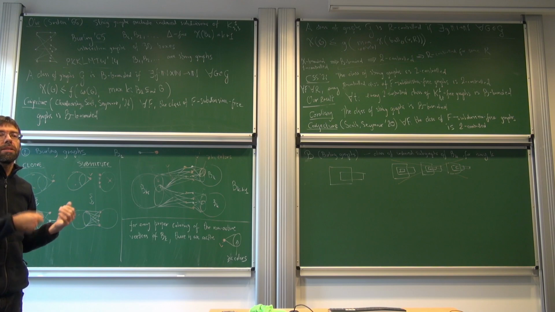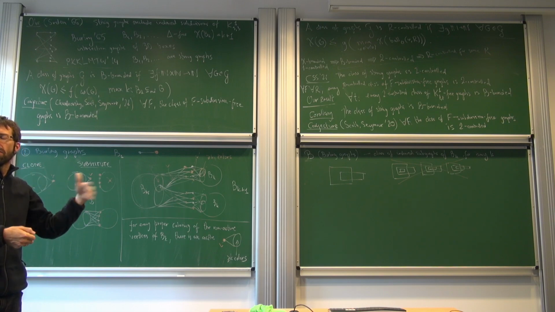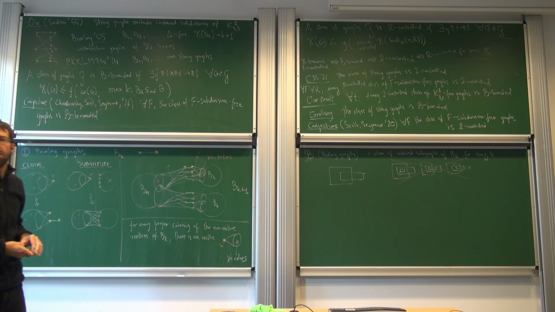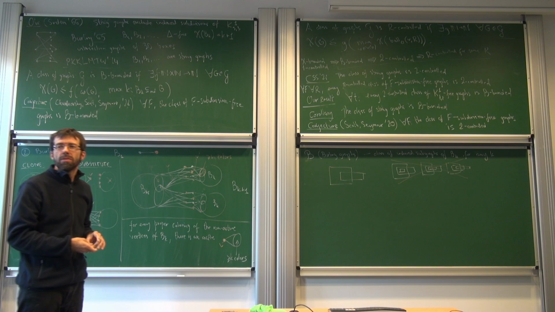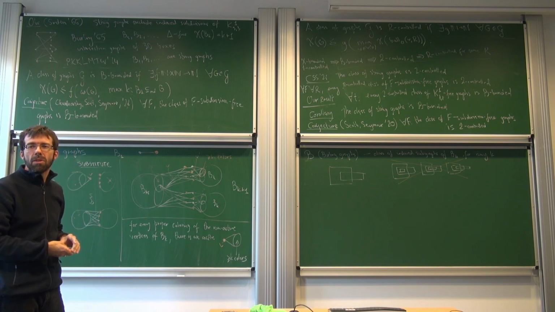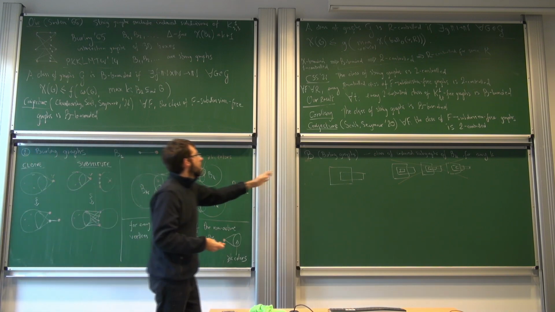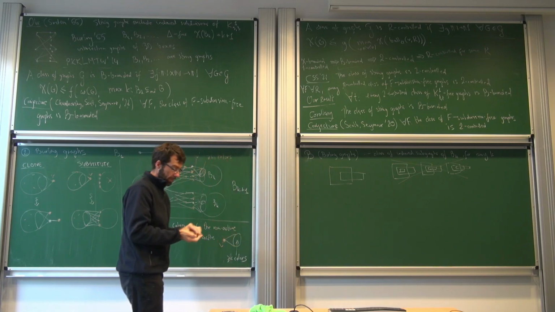Of course, we know that every chi-bounded class of graphs contains some minimal chi-bounded class of graphs. Actually, is it true? I'm not sure this is true. If we take intersections of subclasses, each of them may have a different function, so that's actually not necessarily true that every class of graphs which is not chi-bounded contains some minimal one. Okay, anyway, I don't know of any other minimal one than this one.